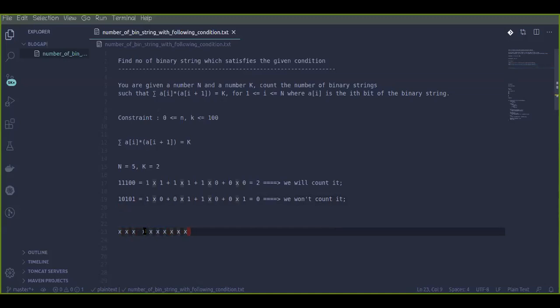The prefix can be anything, but what about the last bit? The last bit could be either 1 or 0, isn't it? So these are two possibilities that we are having right now, okay? So let's observe each one of them by exploration. Just explore each one of the examples, okay?